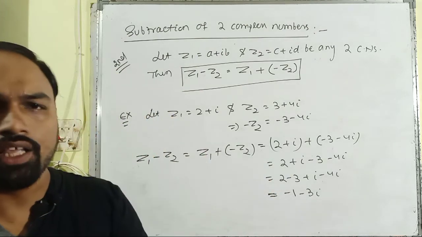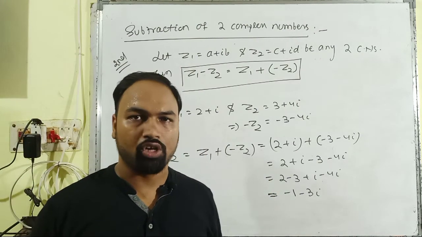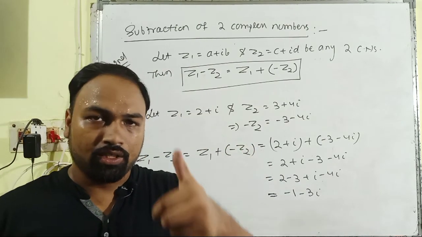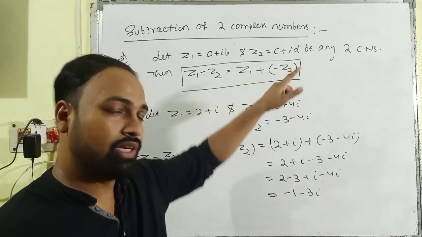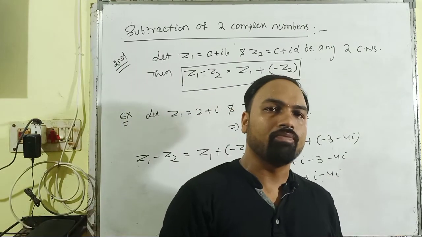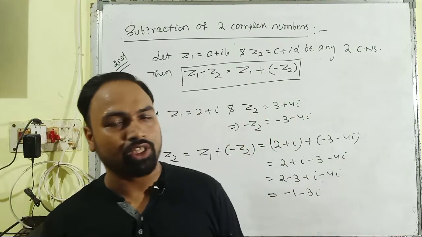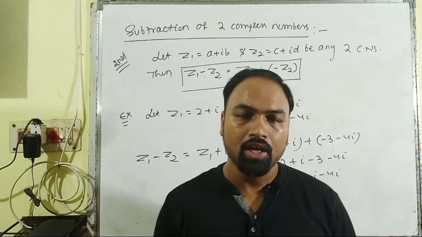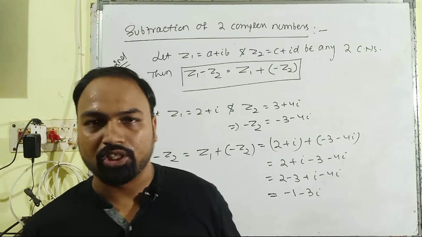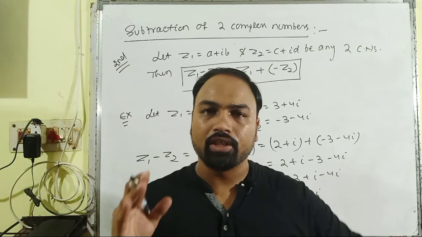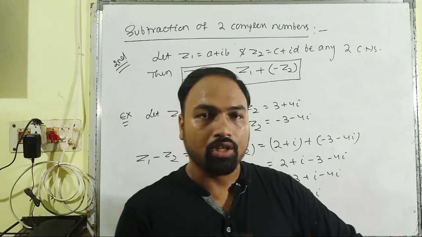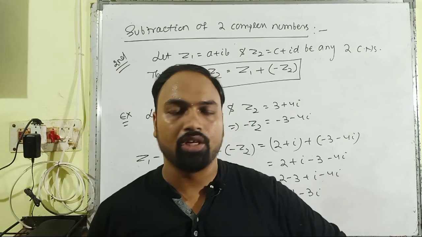But we are generally using the first method for the subtraction of two complex numbers, but you know that there exists another method, and by using the additive inverse of the second complex number, we can also find out the subtraction of Z1 and Z2. So it is all about the addition and subtraction of two complex numbers, and also we have seen or discussed some of the additive properties. Total 5 additive properties are there for the set of complex numbers, and in the next session we are going to discuss the multiplication of two complex numbers, and also the division of two complex numbers, and also the multiplicative properties of complex numbers. Till then, thank you.